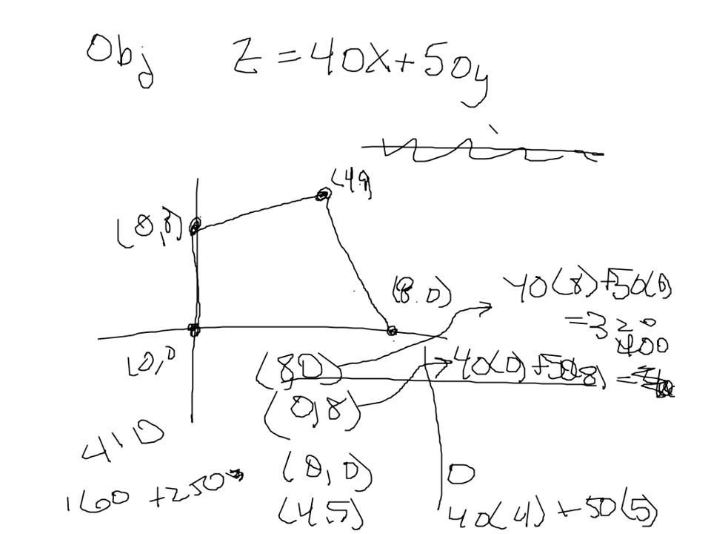So 410 is my maximum, and 0 is my minimum. Okay, so that's using the objective function. So the steps in front of it are, we need to find the vertices of the feasibility region. Then we need to actually like